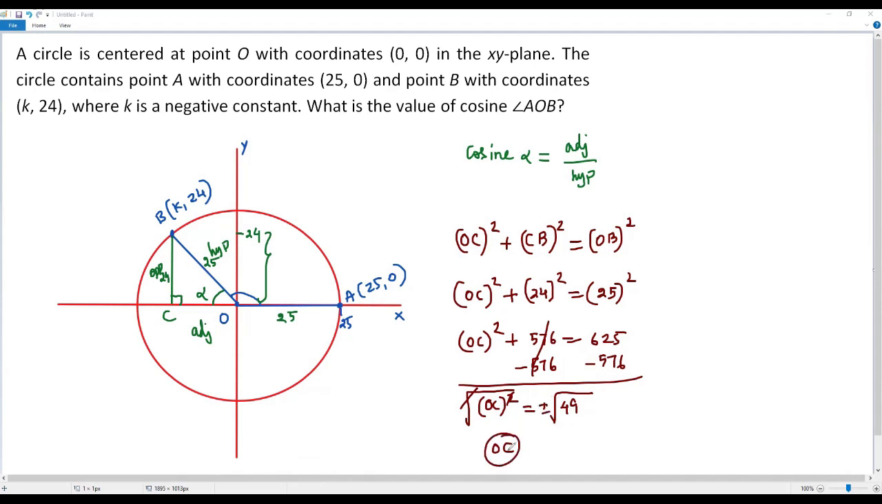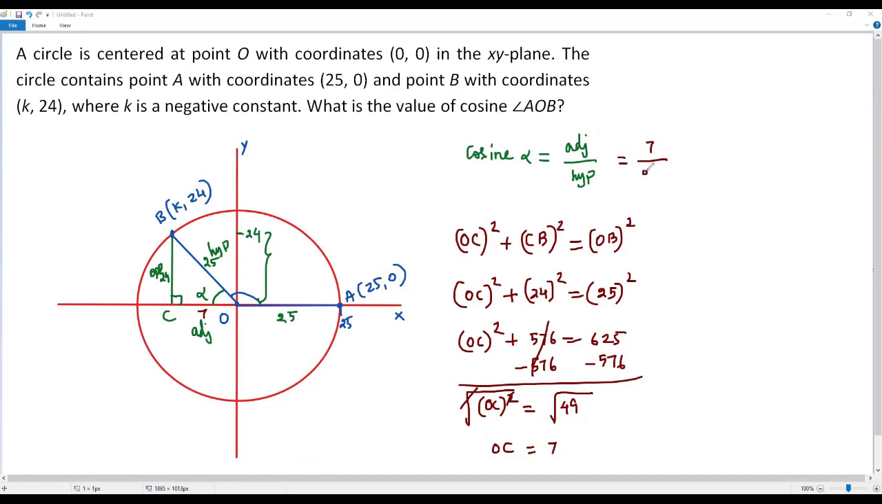But here on the left side, we have OC, which represents the length of one of the sides of the triangle. It cannot be negative. So we can consider only positive sign for this one. So OC equals, when I take square root of 49, I am getting 7. Okay, here I got the length of this line segment OC, that is 7. It is the length of the adjacent side, 7. Now let me plug in 7 for adjacent side